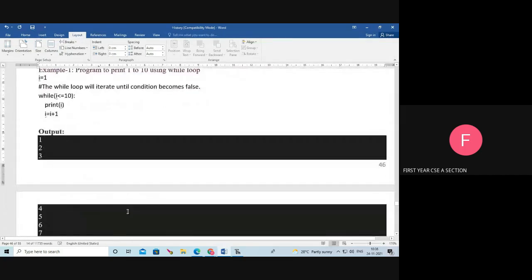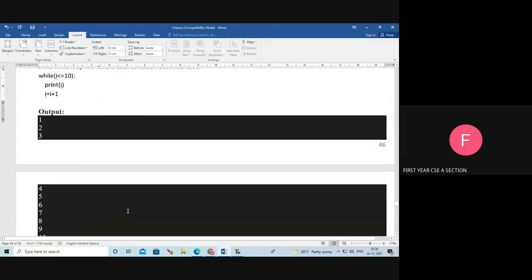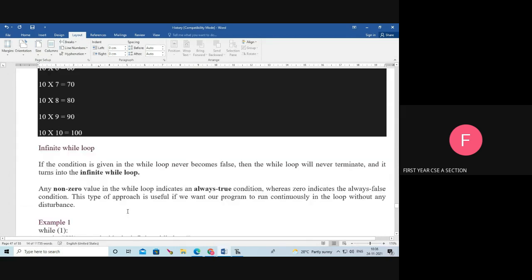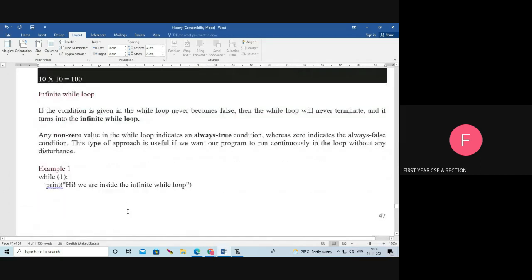See, there is a difference between the comment and the pass statement. A comment is a line the interpreter does not consider; it just ignores it. The pass statement is not ignored, but it does not do any operation. Okay, that is the pass statement.